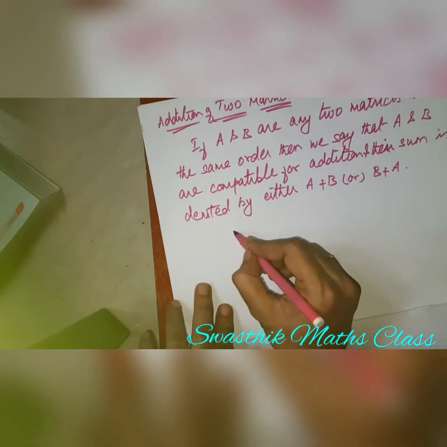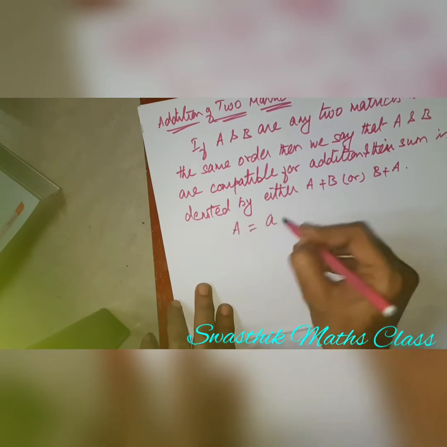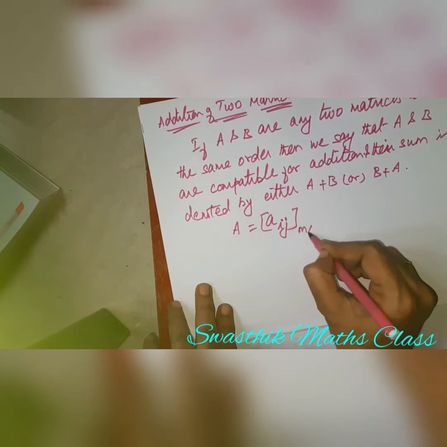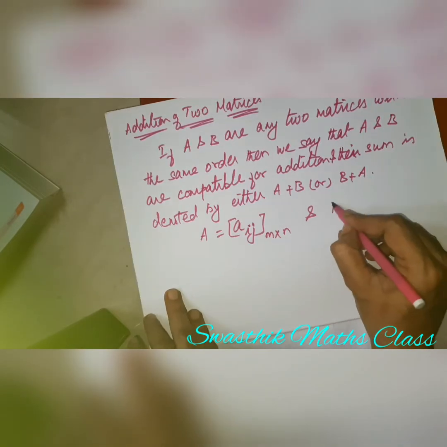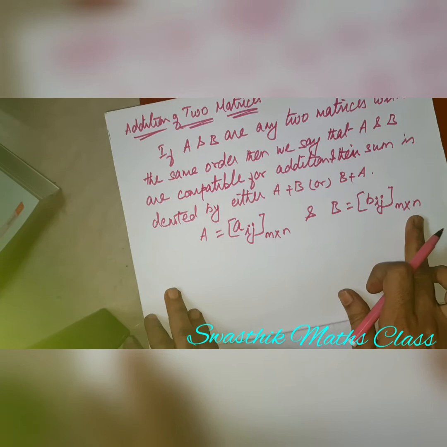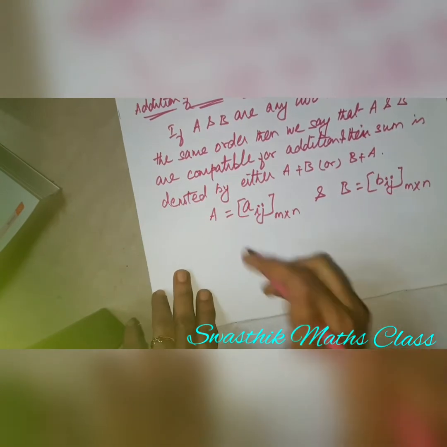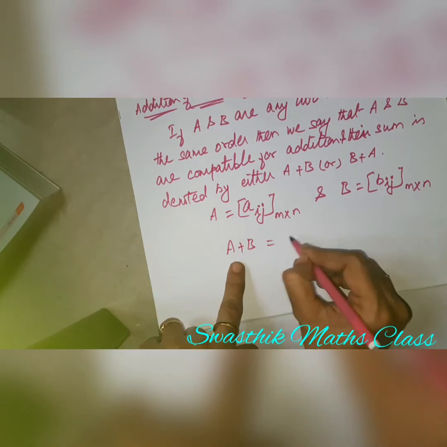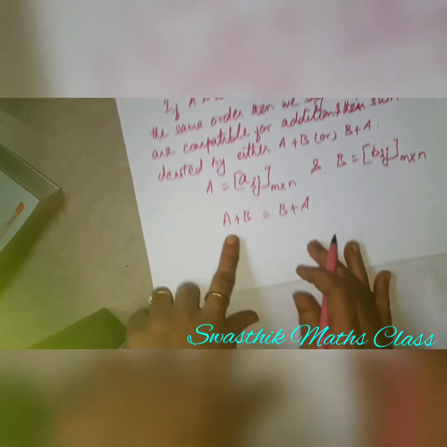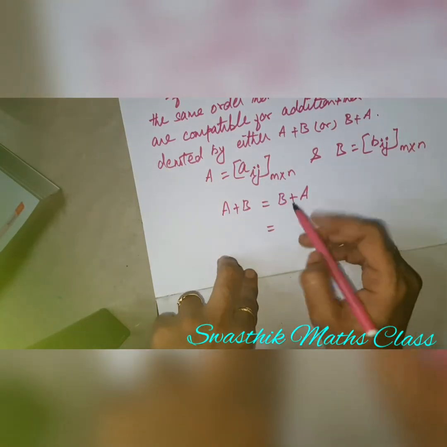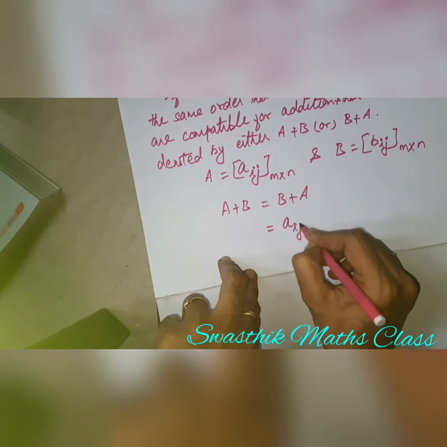Okay. What is said here? If A is a matrix which is represented by Aij and whose order is m by n, and B is another matrix which is represented by Bij whose order is the same as that of A, so here also the order is m by n, then only addition is possible. Addition can be taken as either A plus B or B plus A, so both are the same. What is the addition here? Now, how to add those two matrices? We have to add the corresponding entries in both the matrices.